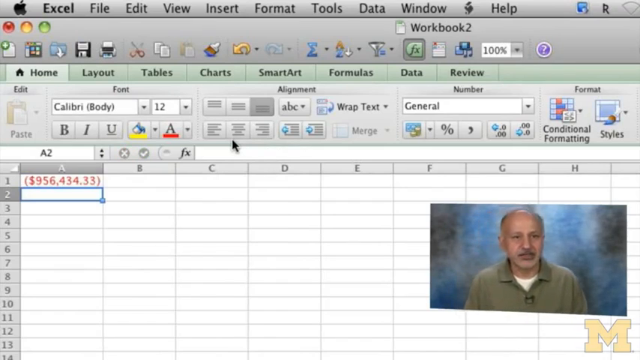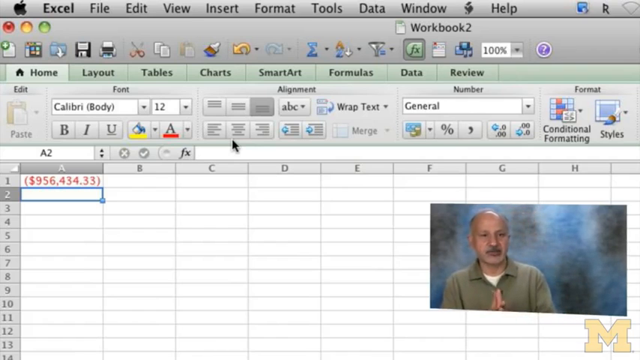So what do you get? You get $956,434. And I'm going to avoid the cents, right? So everybody recognize this? It's pretty straightforward, and I'm going to leave it there and toggle back to our presentation. So now we know,